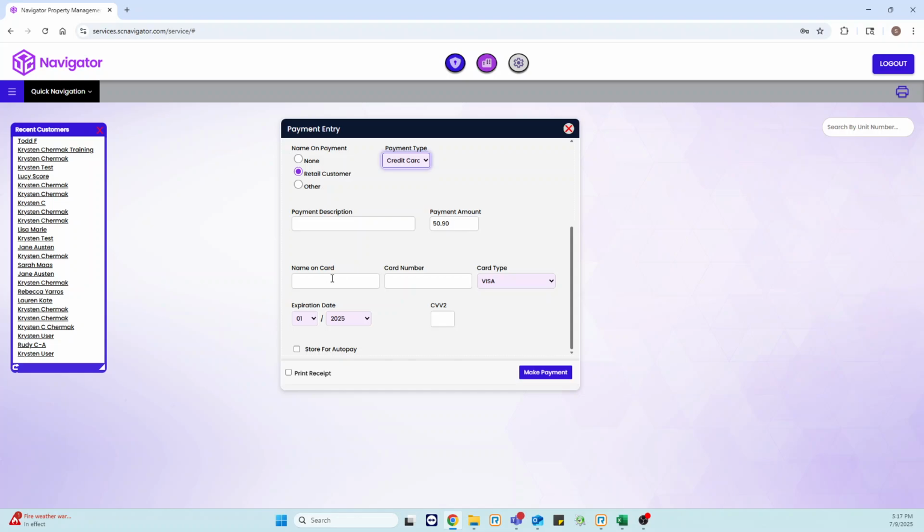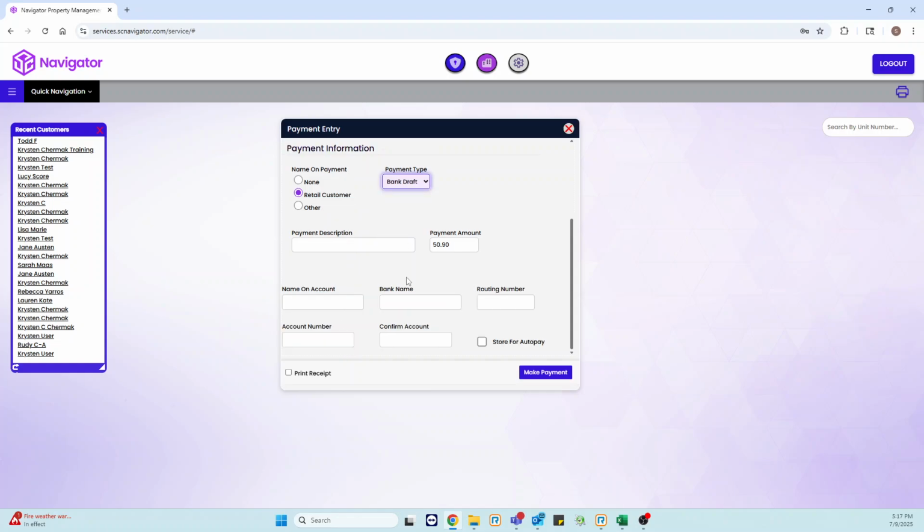Credit card, similar. You'll have the payment description if you want. Make sure the payment amount is correct. Then you'll add the name on the card number, the card type, expiration, and CVV. There is technically a button to store it for auto pay. However, this is not attached to a customer's account. So again, it is recommended not to click store for auto pay for either credit card or similarly bank draft,